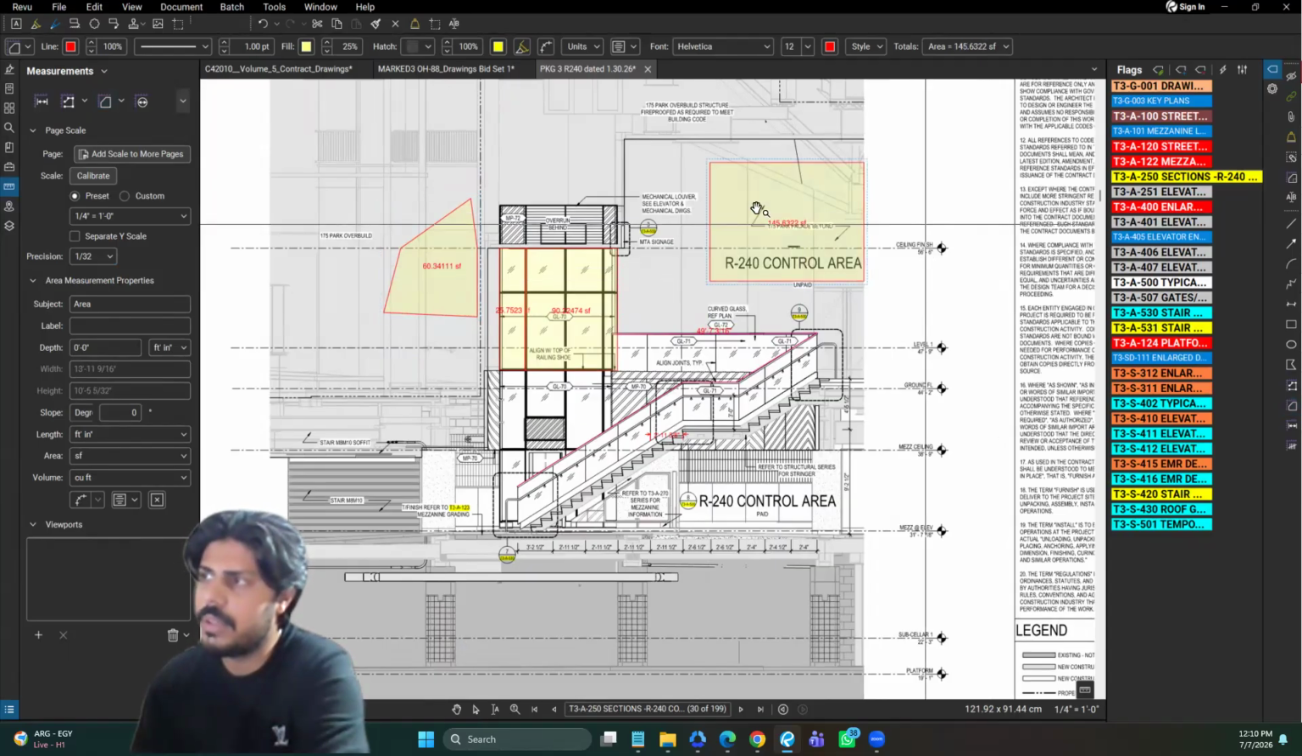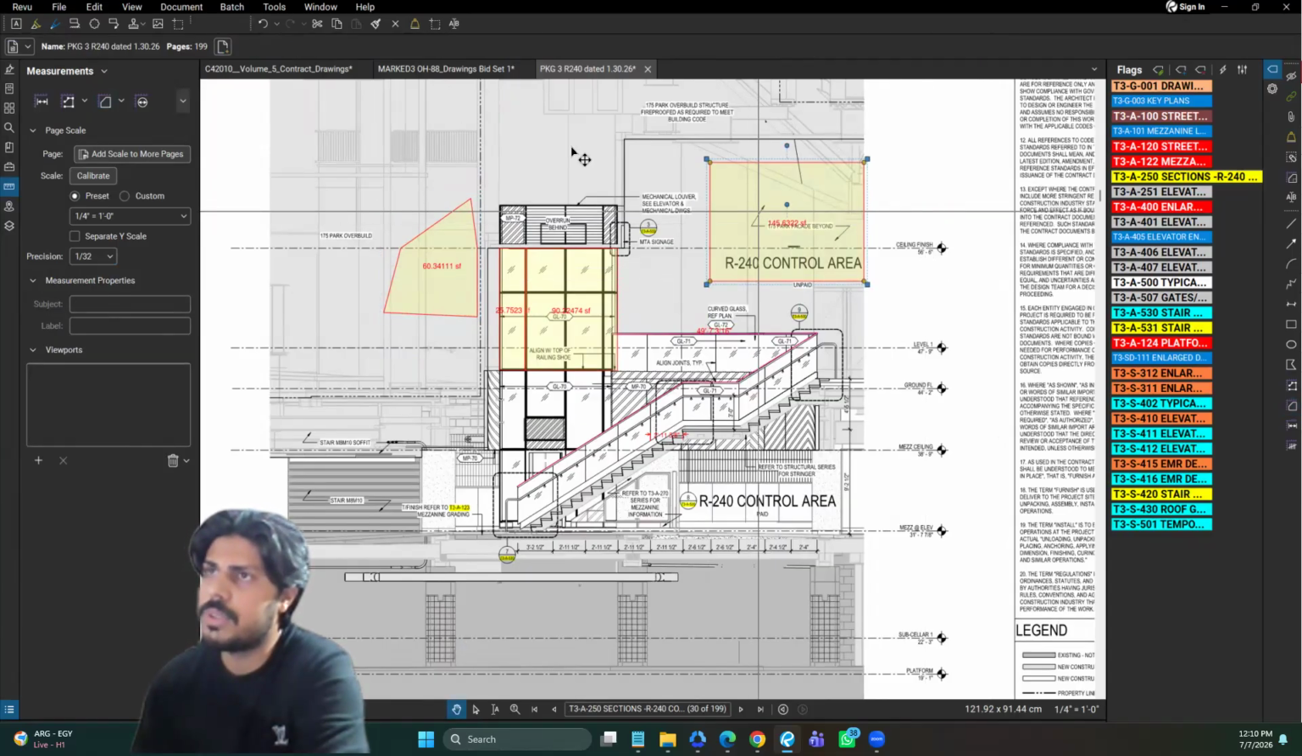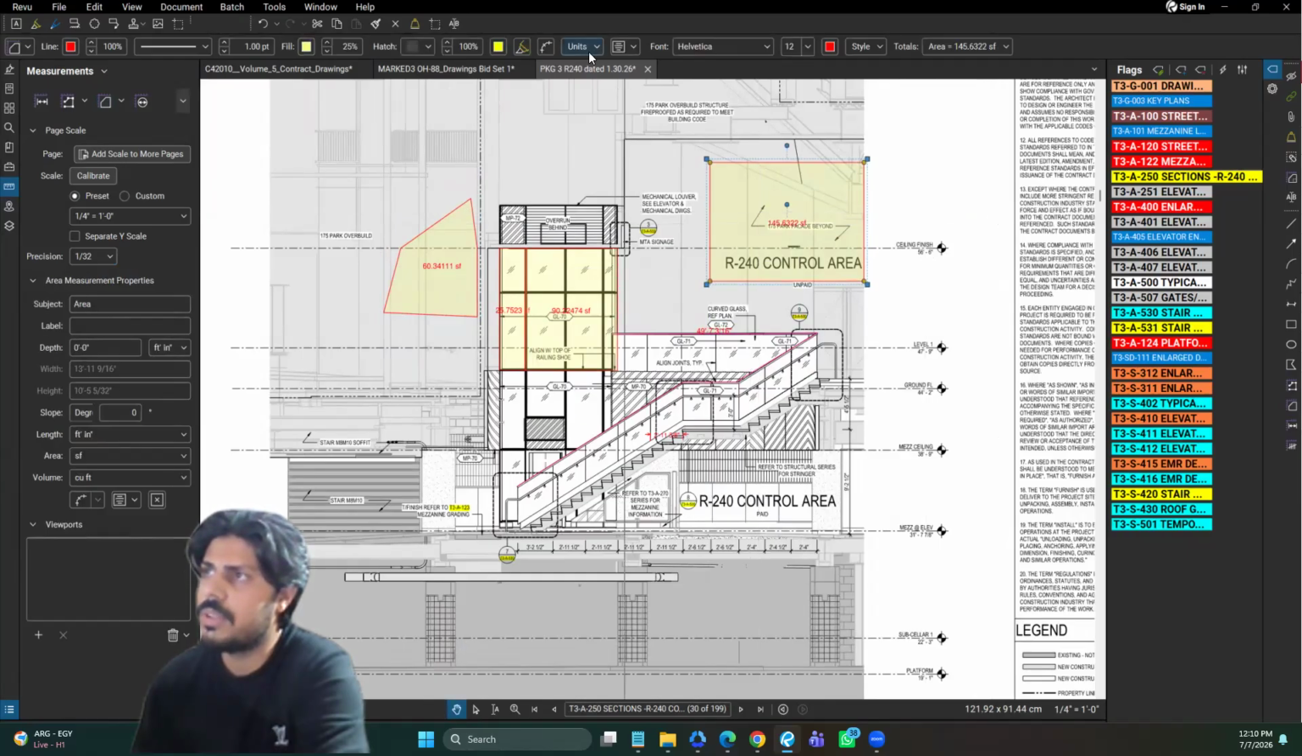Okay, similarly for here, the unit would be in square meter. You need to change the unit. Then these are all the other options. Fill: you want it to be fill or no fill. No fill would be like this, but it's hard to see where the area is marked. So I prefer using the fill option, and fill would be whatever you want. Make it 25 or 50, and the fill will be more. Okay, and then